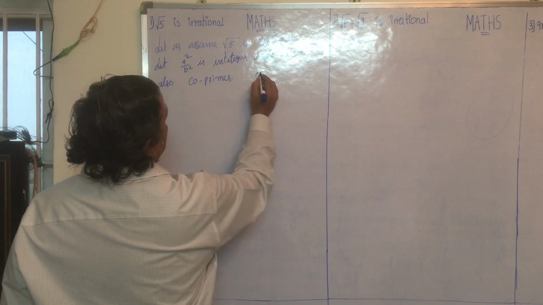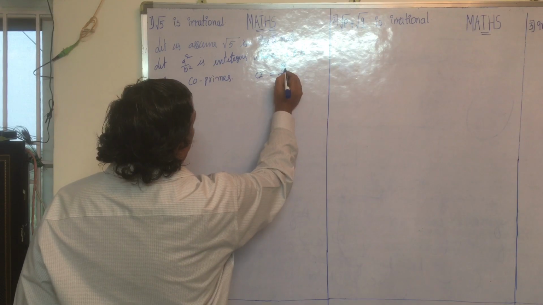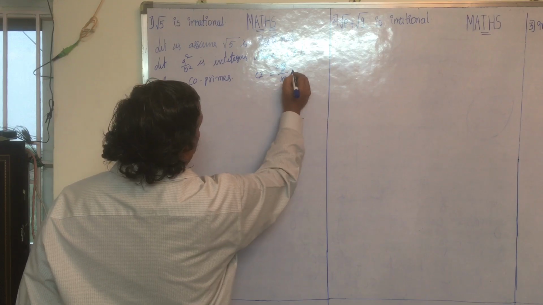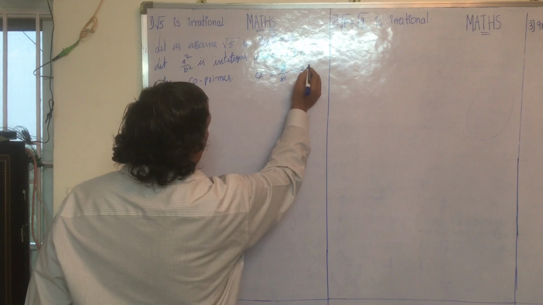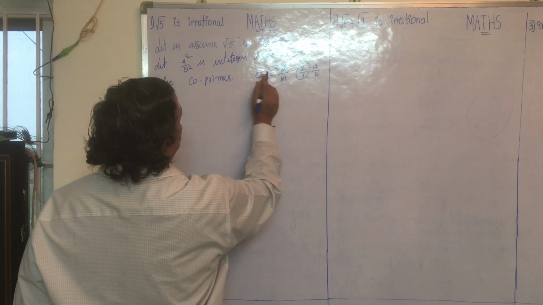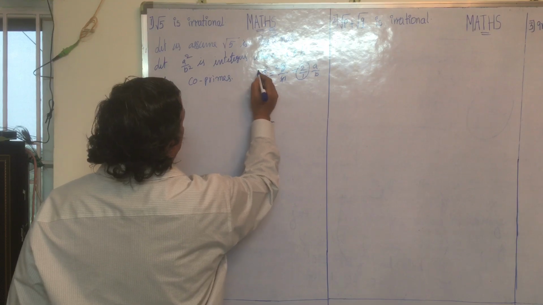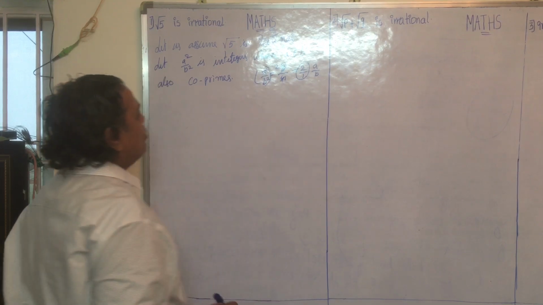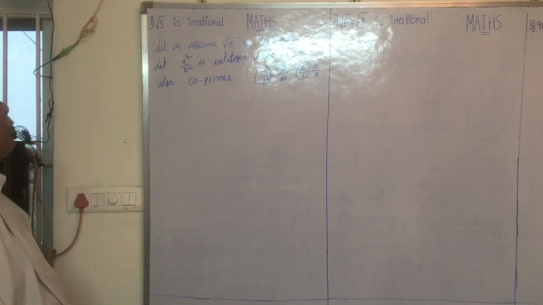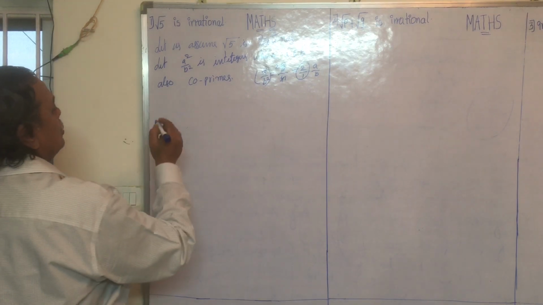Example: 8 by 4 can be divided, 4 twos, 4 ones. This is 2 by 1. 2 by 1 is a by b and 8 by 4 is a square by b square. There is no further simplification for a and b. That's why those are co-primes. And next, to rationalize